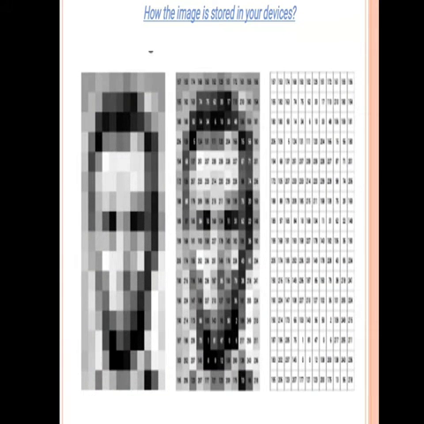Let's see how an image is stored in our devices. An image is converted into a matrix which contains numbers from 0 to 256, one for each pixel. In this image, we can see that each pixel is converted into an appropriate number. This image matrix has a depth of 3 levels because each pixel contains only 3 colors: red, green and blue. We can derive the image matrix using MATLAB.